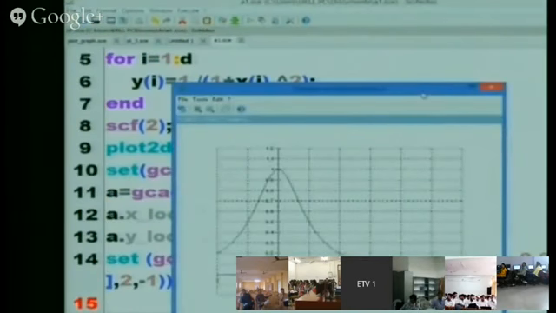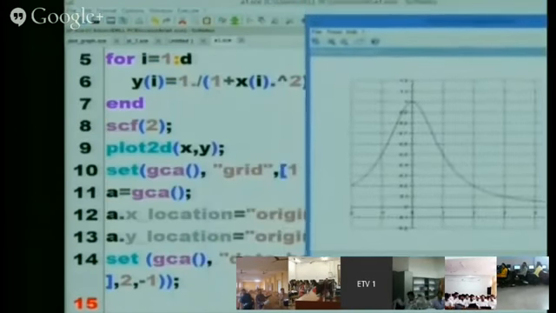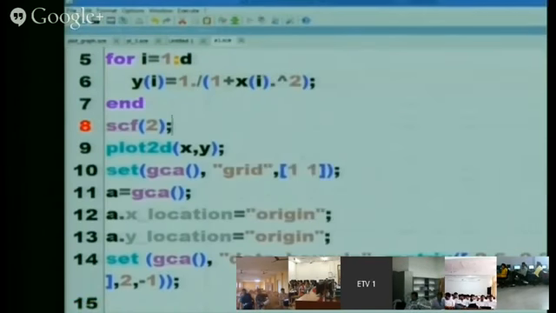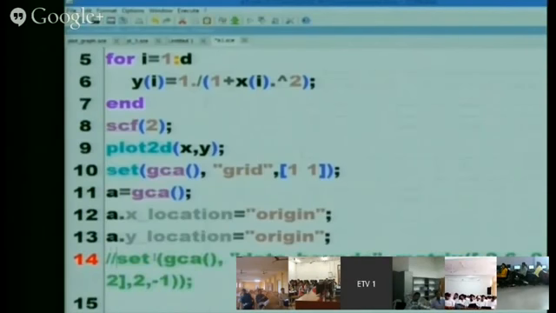See, here we are using the same plot 2D. Now you are familiar with this x comma y, but the axes are being changed. If we want to learn, then go step by step.